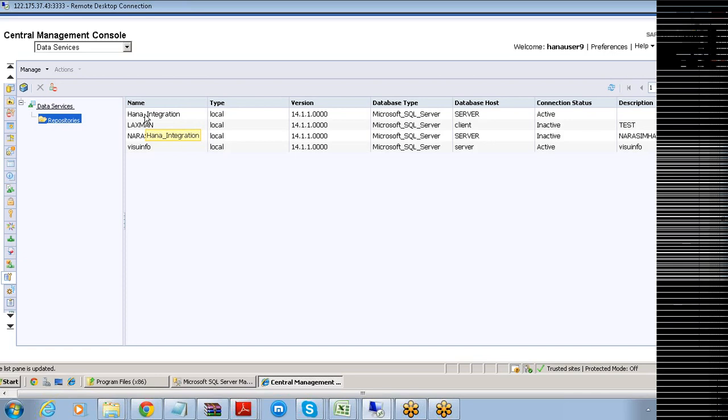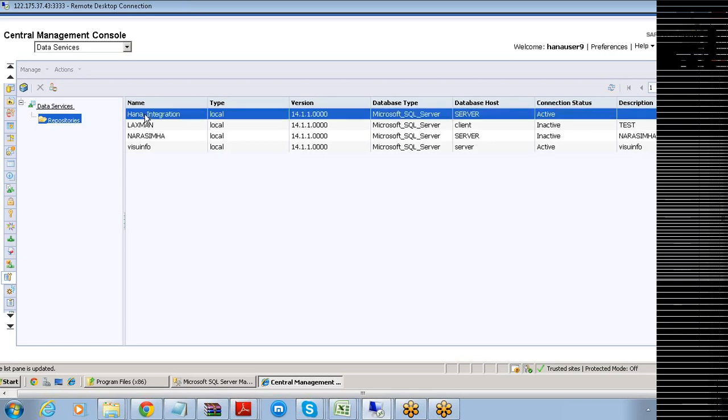Is your HANA integration added here or not, Vijay? Yes, Ravi. It's added. HANA underscore integration is added here and it is running in this particular server.